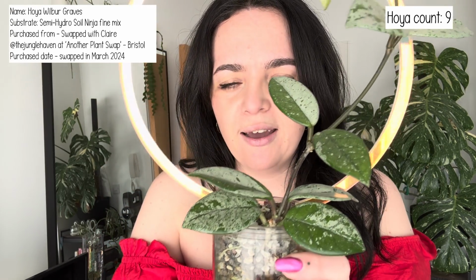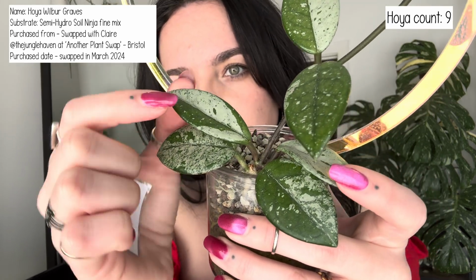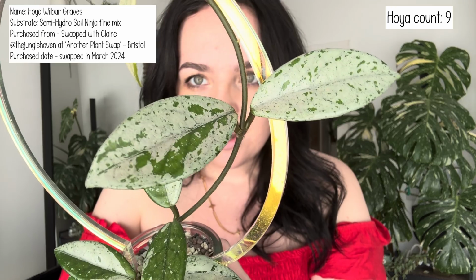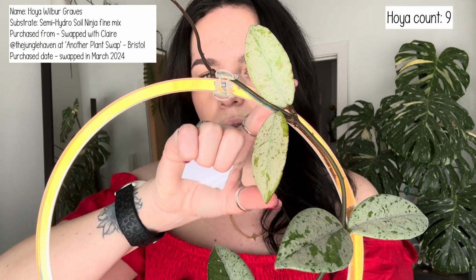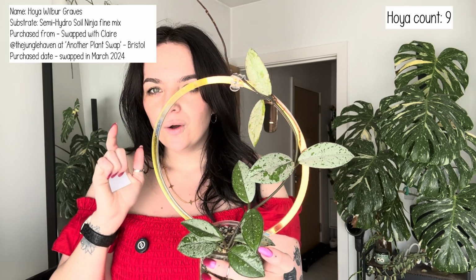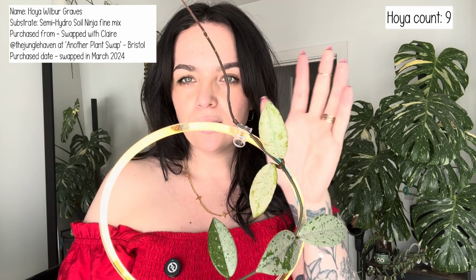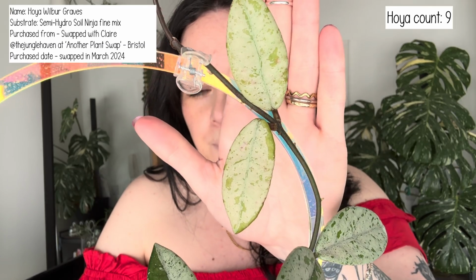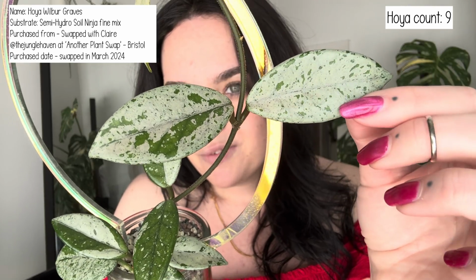I probably need to put some water in here. I think it was just these two leaves when I got it, so it pushed out this one, and then obviously it's done this whole tendril. Look how silver. And this is one that, like, these two leaves are still pushing out. They're still soft, like I'm not going to touch them. But this is really one that it's hard to tell how variegated, how silver it's going to be, because I'd say only over the last couple of days I've been able to see that these are properly silver leaves. It does just look like the colour it comes in is really bizarre, but again, I don't think you can really see the beauty